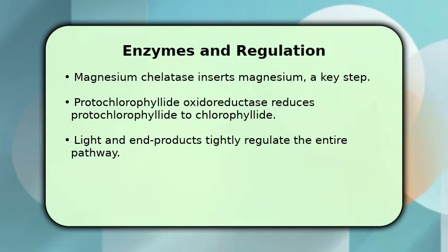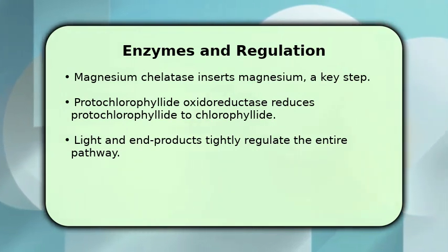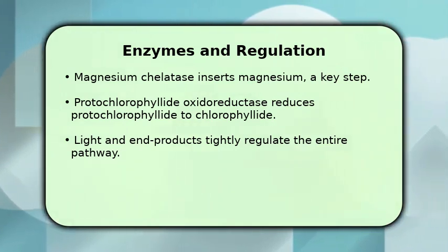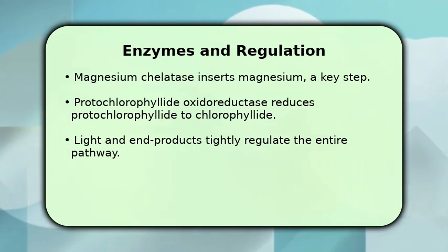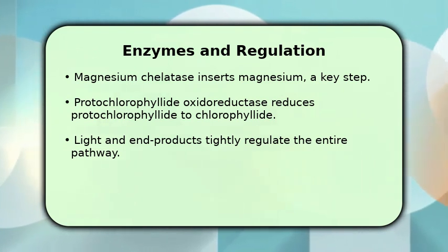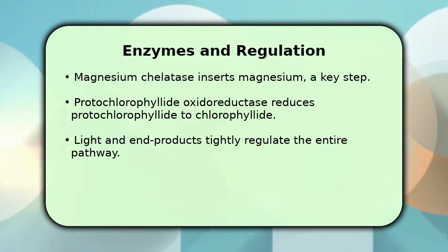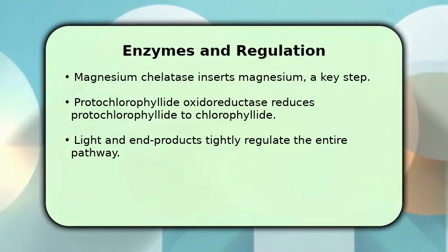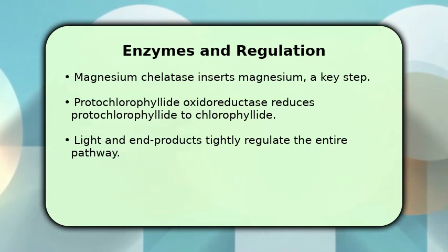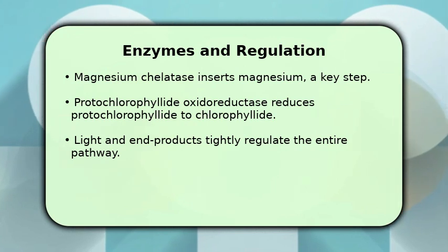Many enzymes orchestrate chlorophyll production. A critical step is the insertion of a magnesium atom into the molecule, catalyzed by magnesium chelatase. Later, protochlorophyllide oxidoreductase plays a vital role, reducing protochlorophyllide to chlorophyllide, a reaction that requires light in angiosperms. The entire biosynthetic pathway is tightly regulated by factors like light exposure and the concentration of its end products, ensuring